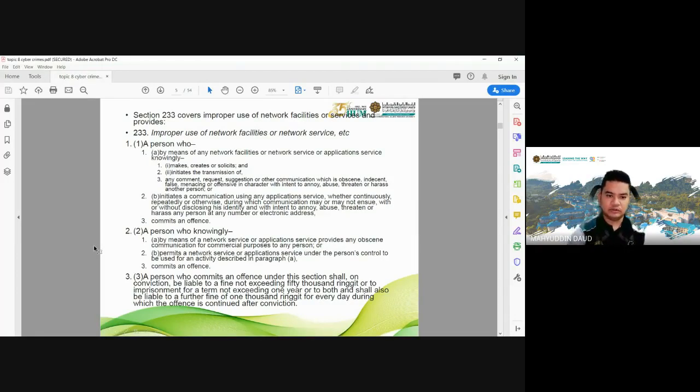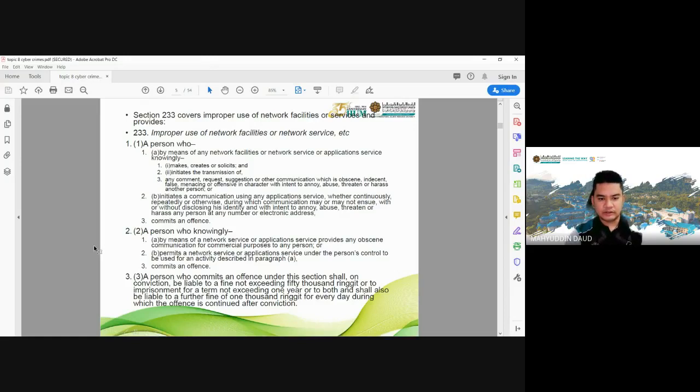And if that person does this, he commits an offense of improper use of network facility. Yeah? So dia ada dua kat sini, 1A, 1B. If 1A is not suitable to the case or the evidence available, then the prosecutor can choose 1B, which simply has the same mens rea, but the actus reus is a person who initiates a communication, meaning